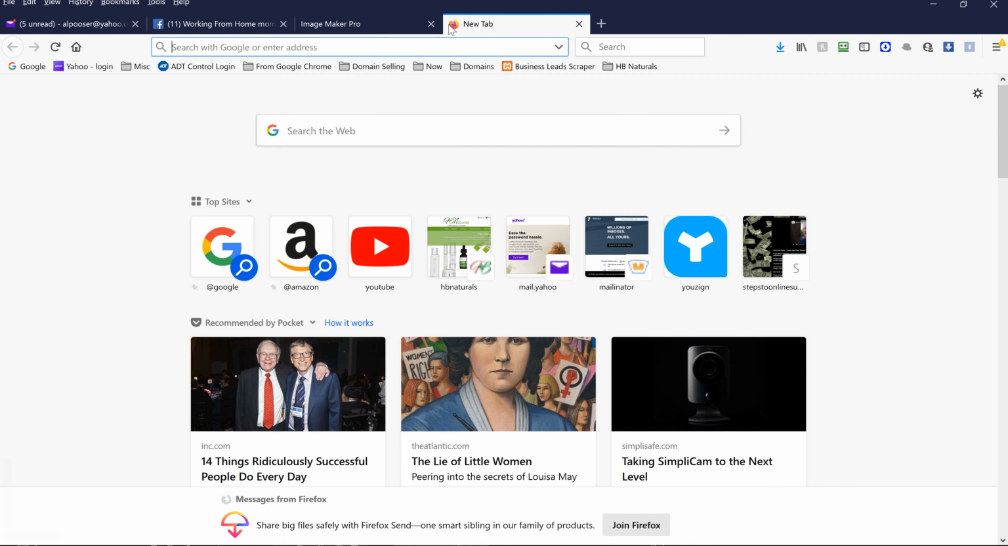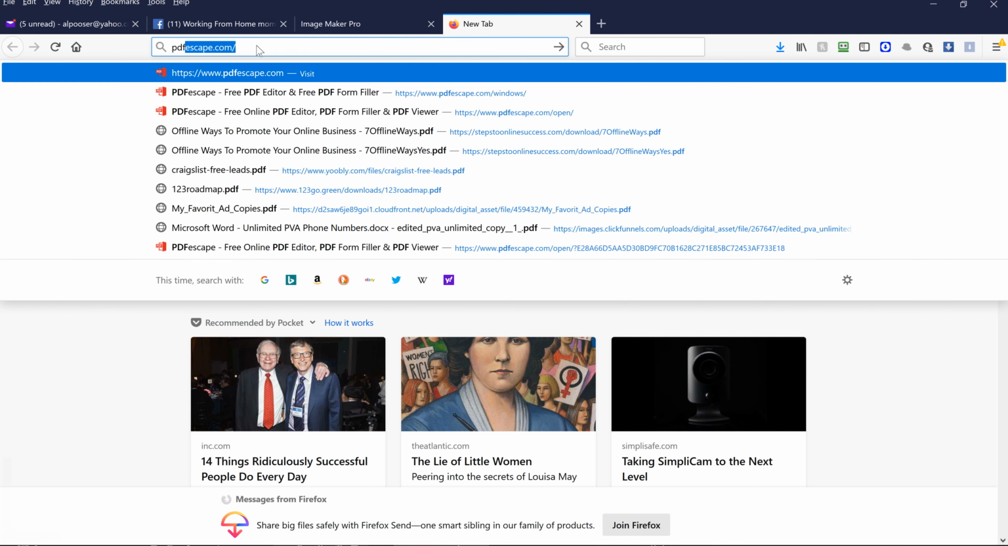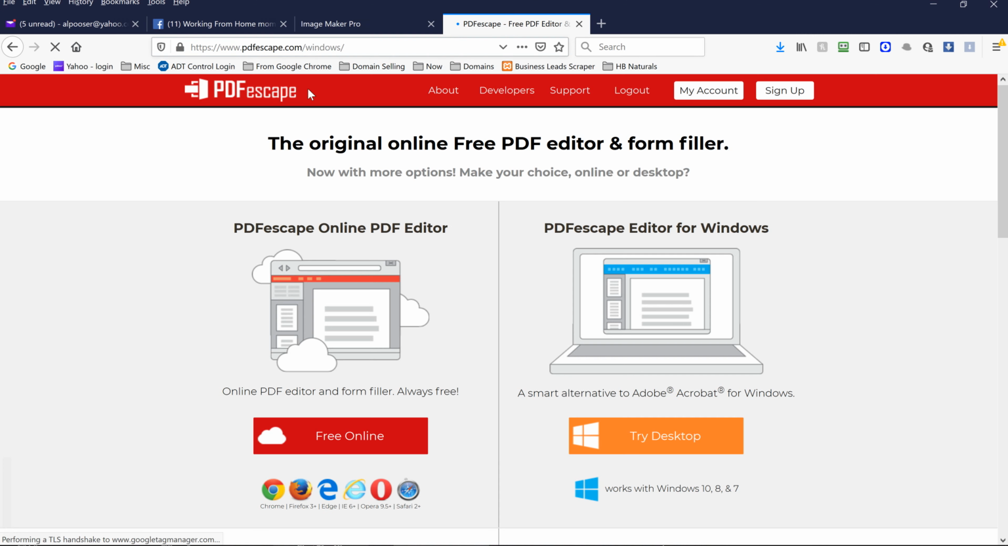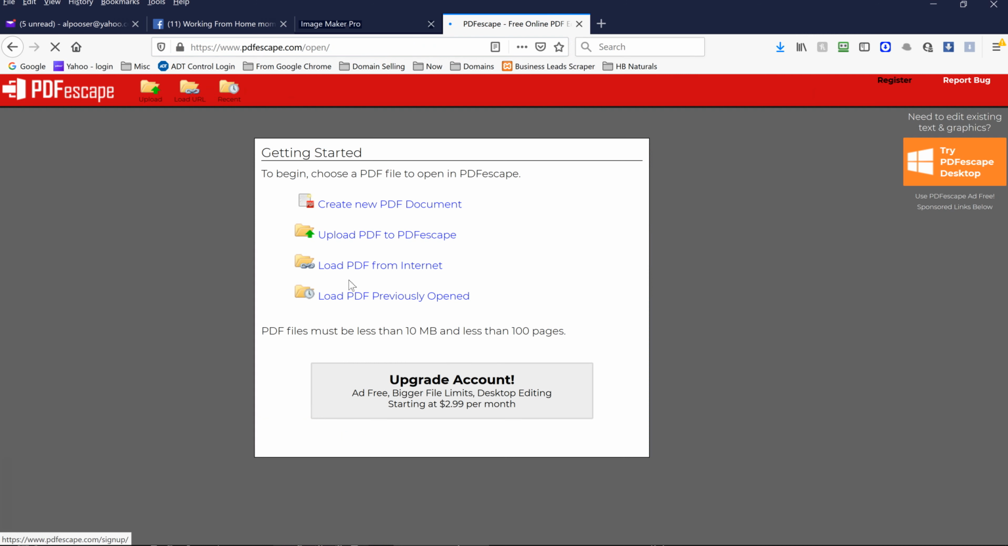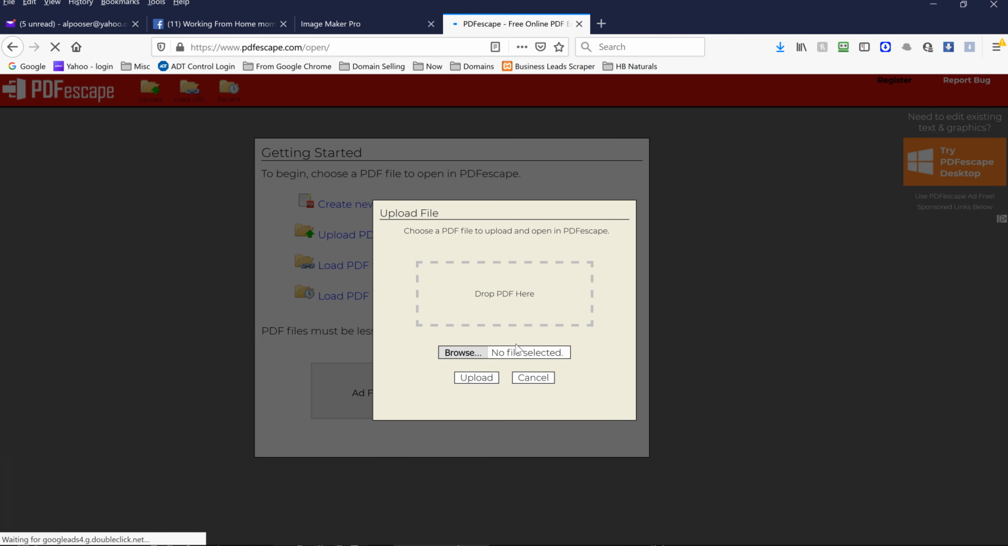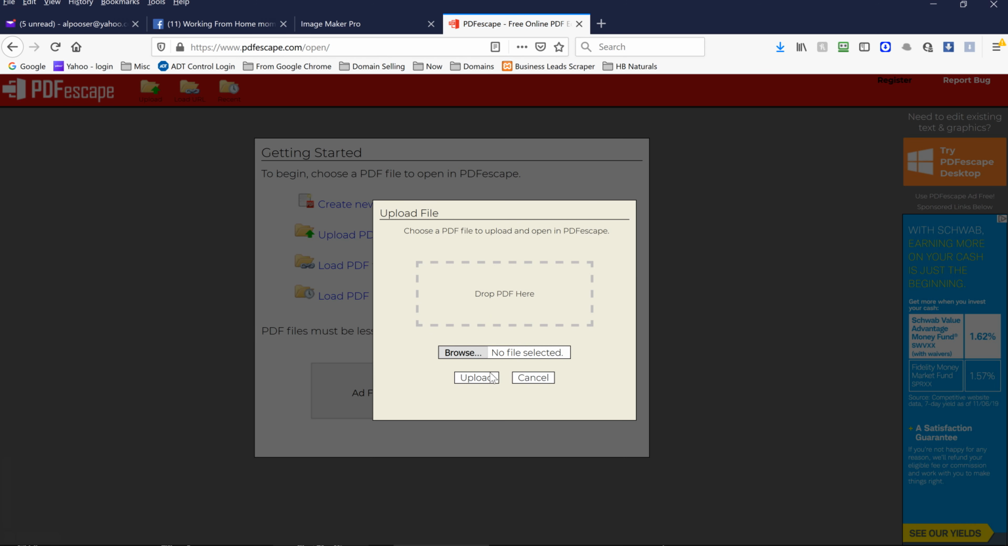And now what we'll do is we're going to upload it to PDF Escape. So that's pdfescape.com. And where it says free online, do that one. Where it says upload PDF to PDF Escape, click on that. And right now, what I want to do is upload my